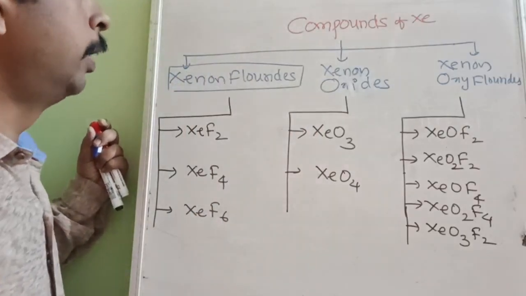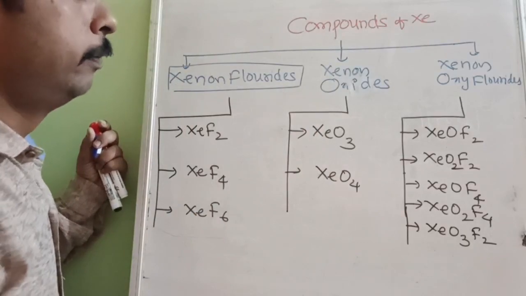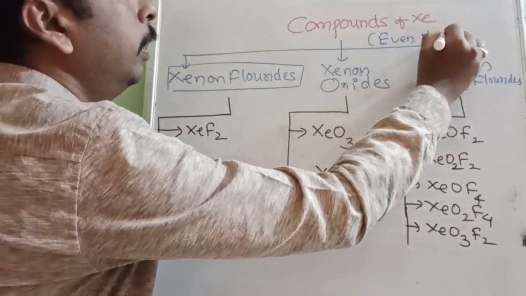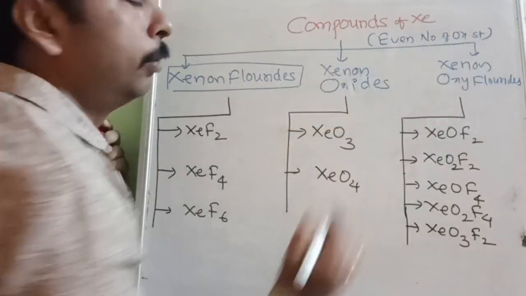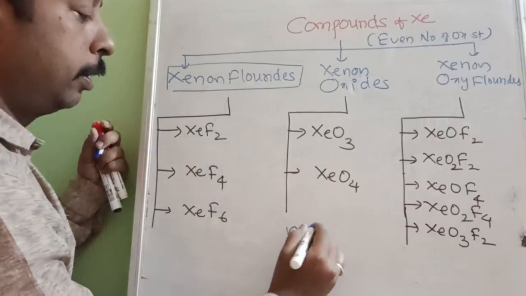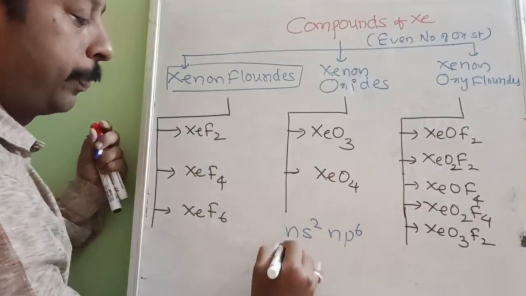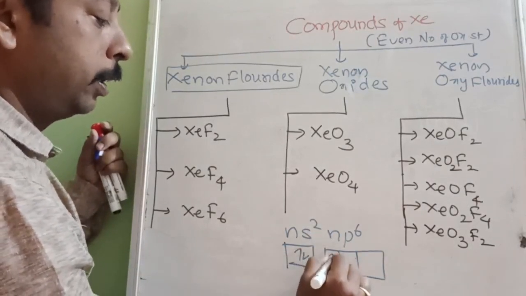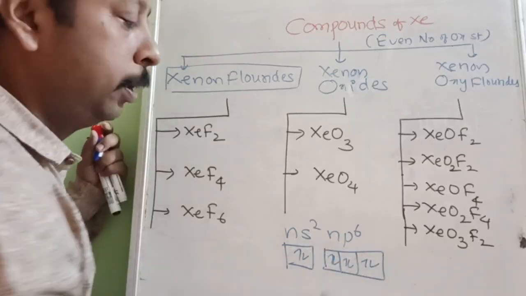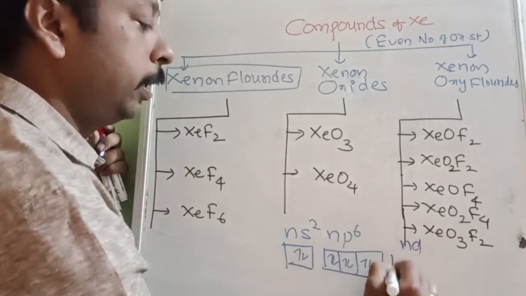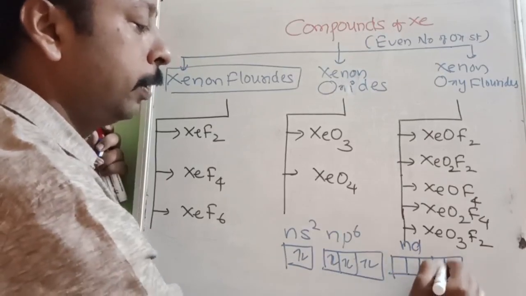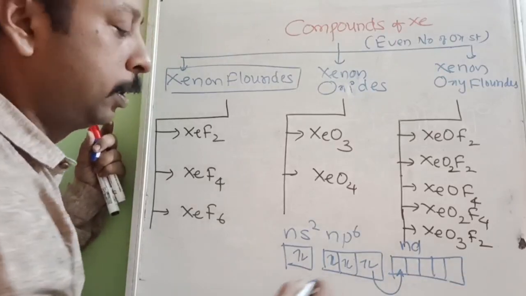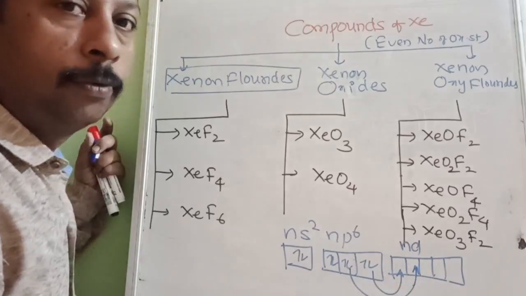are called xenon fluorides. And always remember, there will be only even-numbered oxidation states. Why? Because their general configuration is ns2 np6. Now for forming a compound, there should be unpaired electrons. So ns2 np6, the nd will be used for sharing. If one electron goes, two unpaired electrons, so +2 oxidation state. If a second electron goes, then